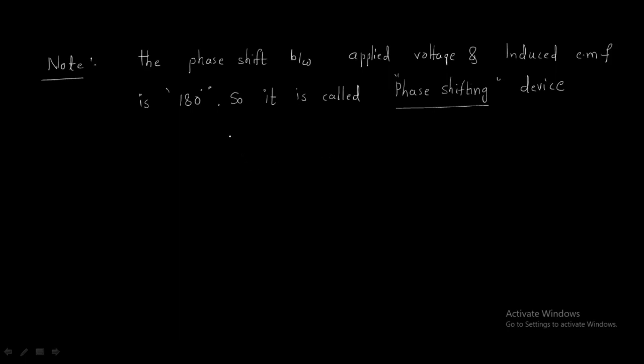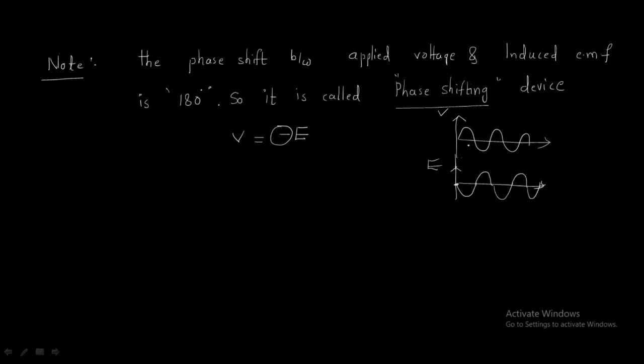Okay, this is also one of the important points. The reason is the applied voltage V equals minus E. Minus represents phase shifting. What is that meaning? That meaning is simply, look here. For example, this is the V. In order to get E, the construction is like this. The E is like this. Phase shifting 180 degrees means reverse. The construction is reverse.